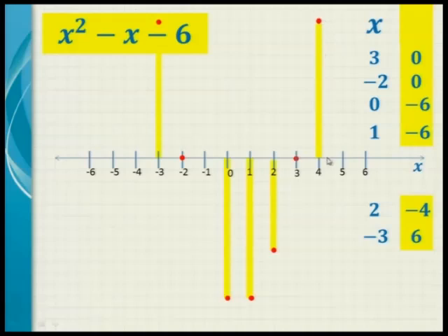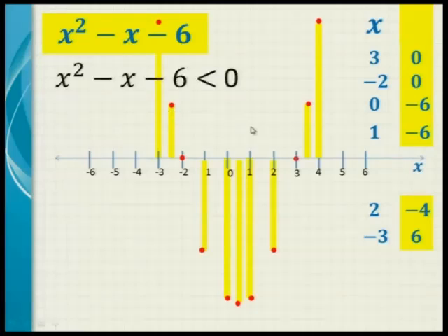And so I can continue. I can get a value there for 4. It will also give me 6. I can get a value here for 1. That will also give me minus 4. I can get another value here for a half. A half will give me that point there. I think it's 6 1/4. And so on and so on. And in this way, I can get different values of that yellow box for different values of x. But the question is, where is the yellow box values less than 0?